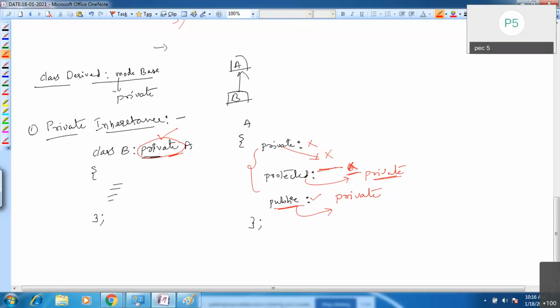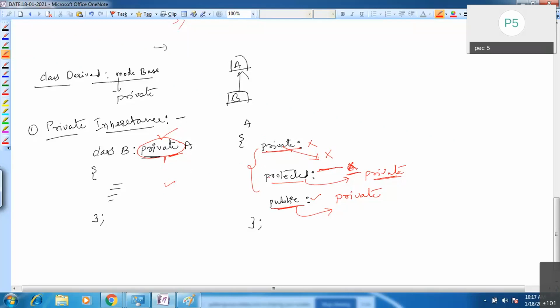Class A may have some private members, protected members, and public members, and all of these should be visible inside B. But if I use the private access specifier here, you cannot use the private members of the base class; they are not visible inside the derived class.